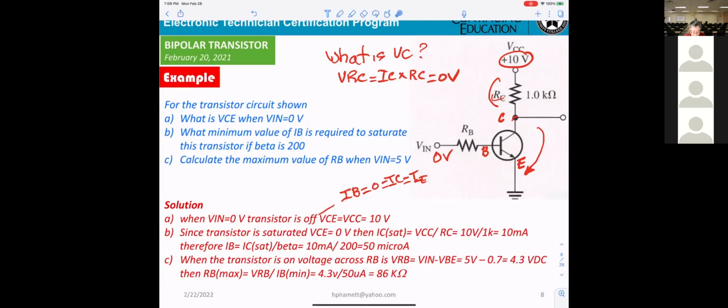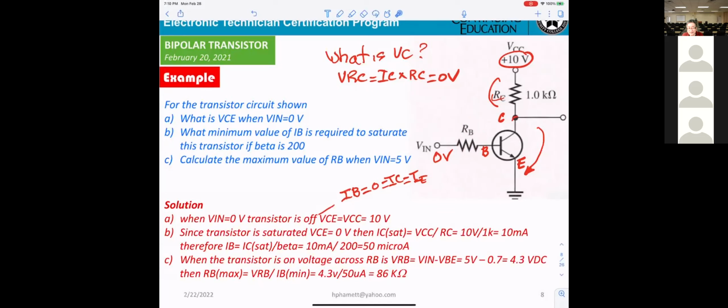So now, when the transistor is on, you calculate the voltage across RB, and you divide that VRB by IB. You get the value for RB. Okay, that means the minimum value for RB to be saturated. If you change the resistor RB to make the current higher than 50 microamp, then it will be saturated.